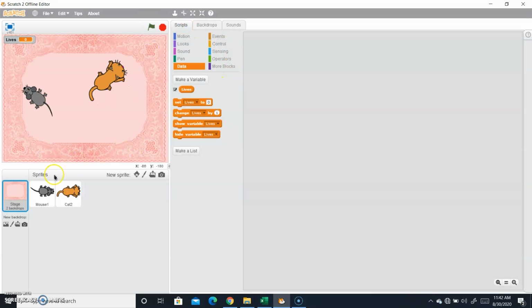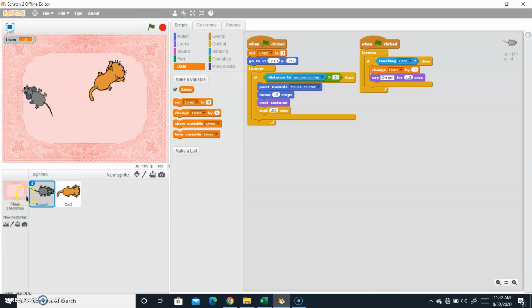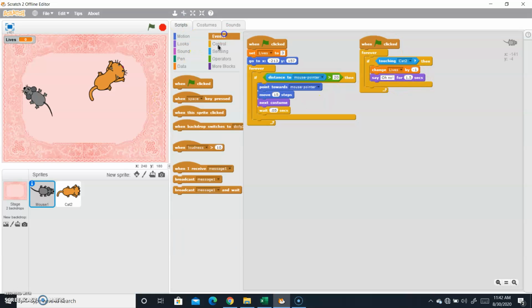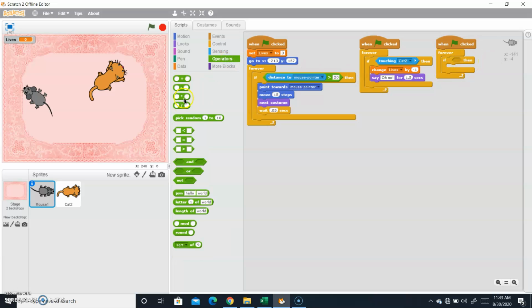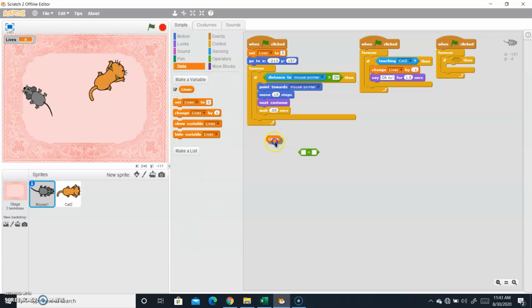Now we want when the mouse touches the cat, change lives by -1. Let's go to events and take the when green flag is clicked. Let me clean up. Go to control, take the forever loop, and also take the if statement. Go to operators and take the equal to sign, and now go to data and take lives.